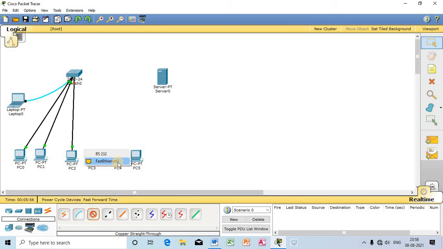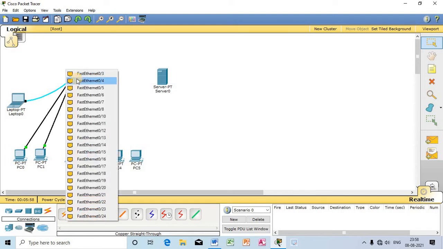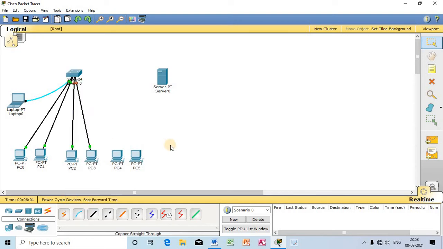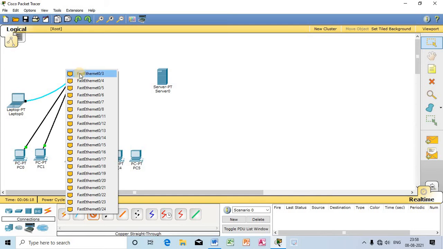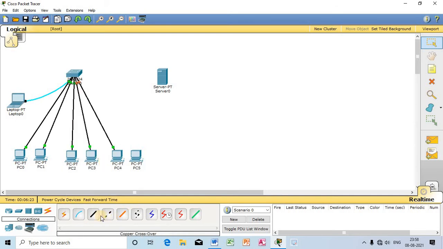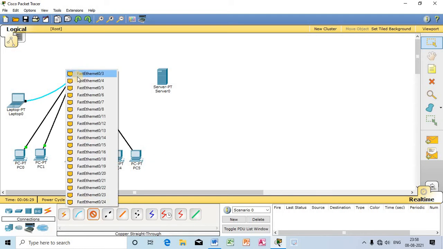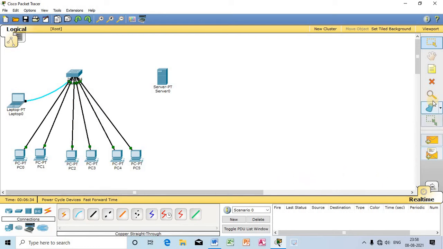And for connecting this computer I will use FastEthernet 010. So remember, this port has been connected with FastEthernet 09 and this port with FastEthernet 010. I will connect this computer with the port number, just observe, FastEthernet 017, and I will connect this computer with the port number FastEthernet 018. So remember the numbers. Let me use this